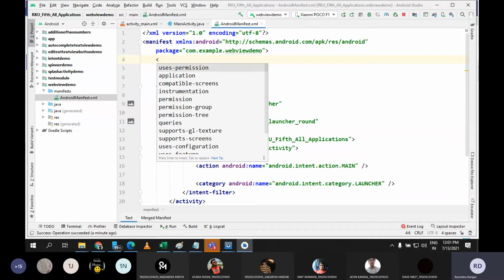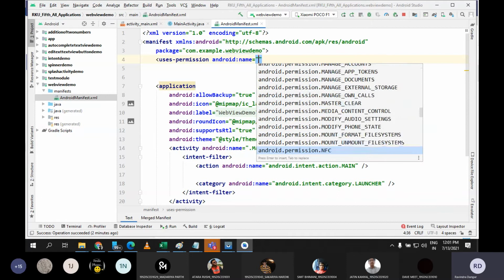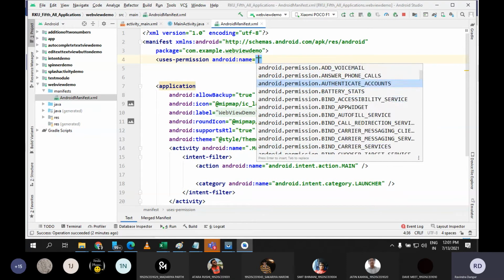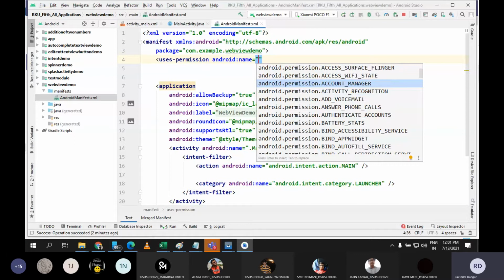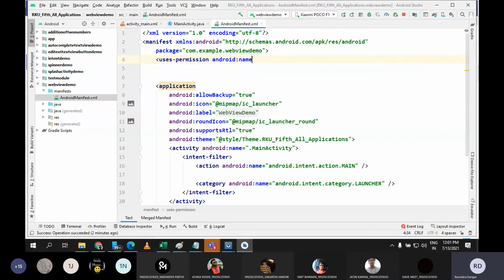You can see here, once I just write an angular bracket, Studio gives suggestions. If I don't know what kind of permission is there and what the tag is, Studio gives the suggestion: uses-permission. Just use it. I have not done anything, and that is why I'm saying Android Studio is very easy to operate. In Eclipse, you need to remember all the tags, write everything, and even remember the permissions. Here I have simply